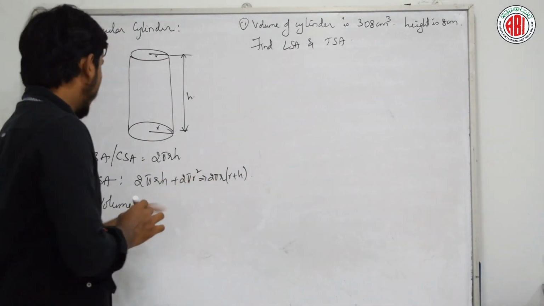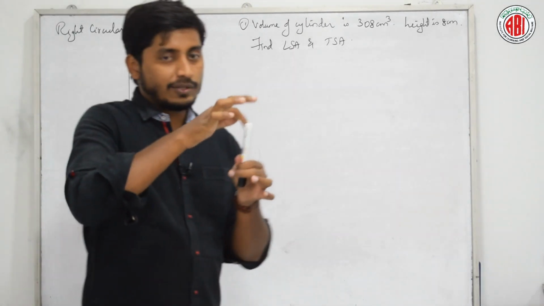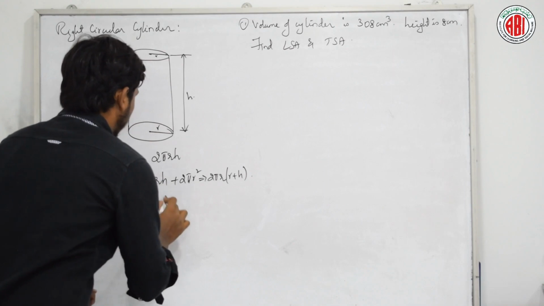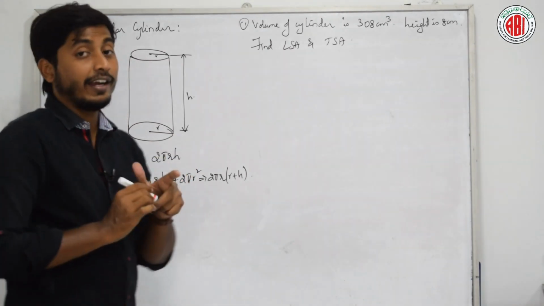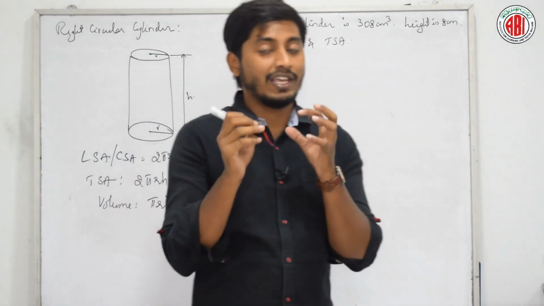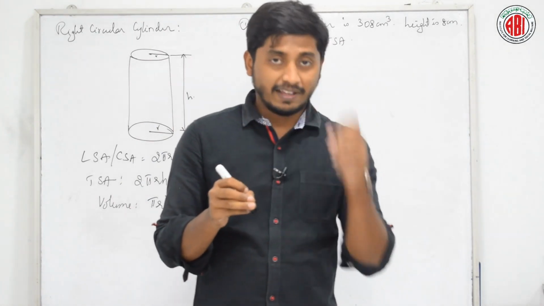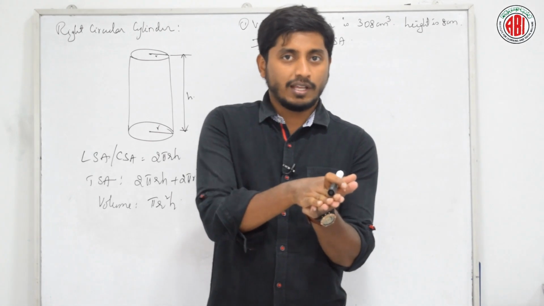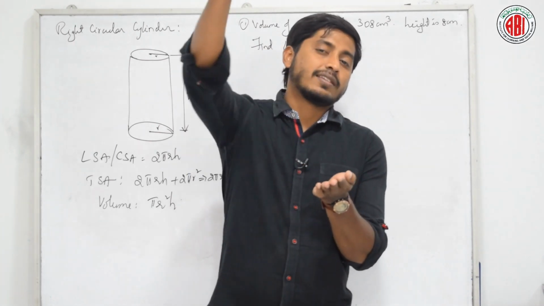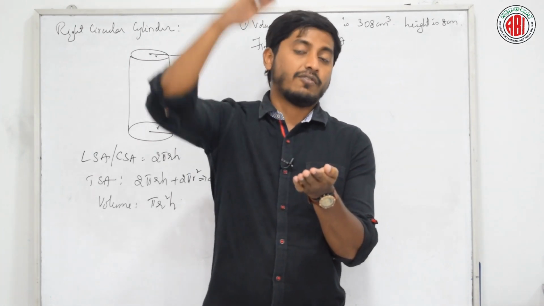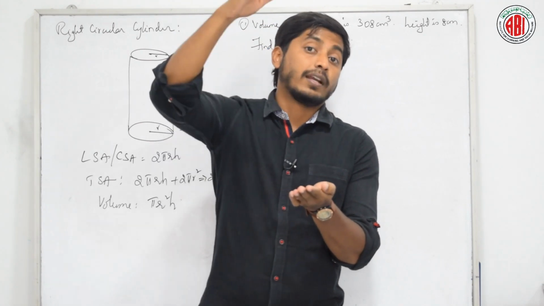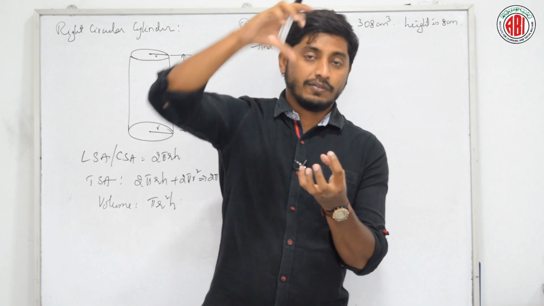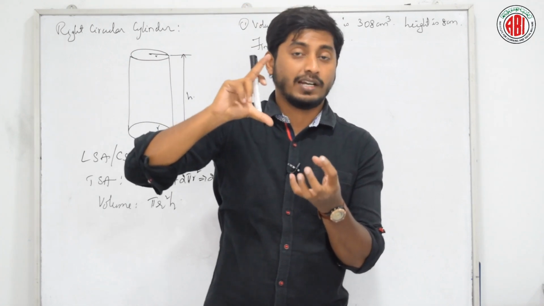Then what about volume? This is pi r square into h, that is nothing but pi r square h. Try to remember in whatever way you can. For example, if there is a coin whose area is pi r square, and I arrange some 15 coins, then what will be the total volume? 15 into pi r square, which is nothing but a cylinder form, which means the height is 50, I am assuming it like that.